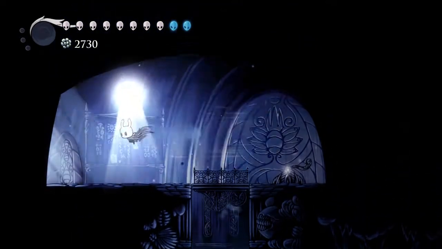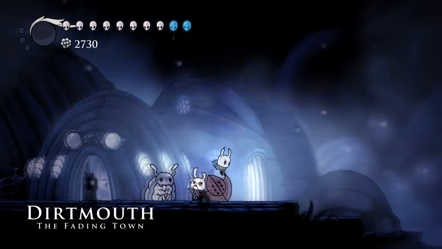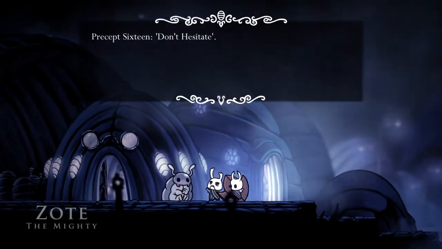Nailmaster Mato is near the upper left-hand corner of the map, and I think actually the stag station here at Dirtmouth might be the closest one, and so long as we're in Dirtmouth...